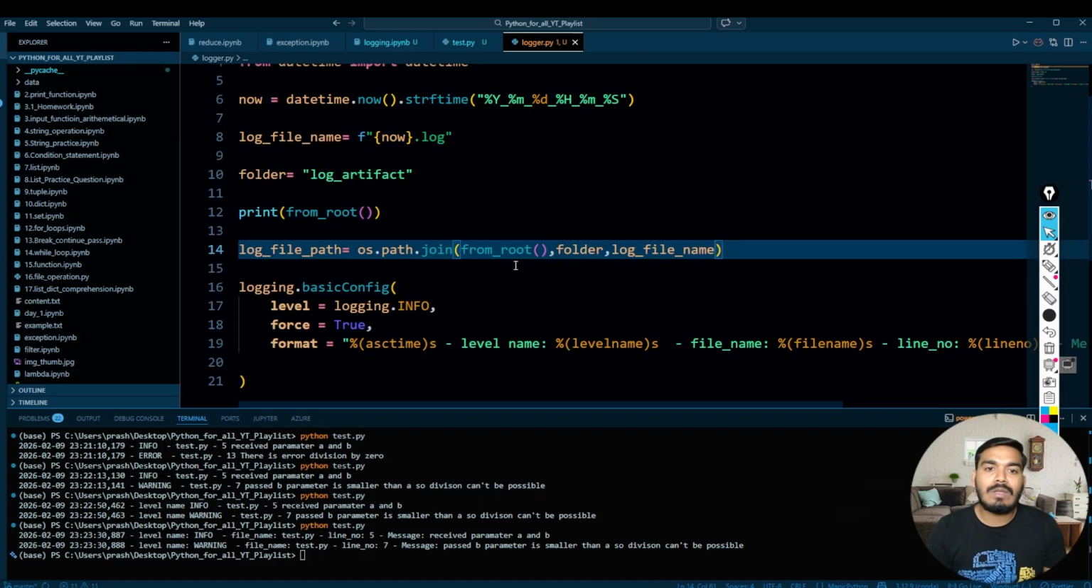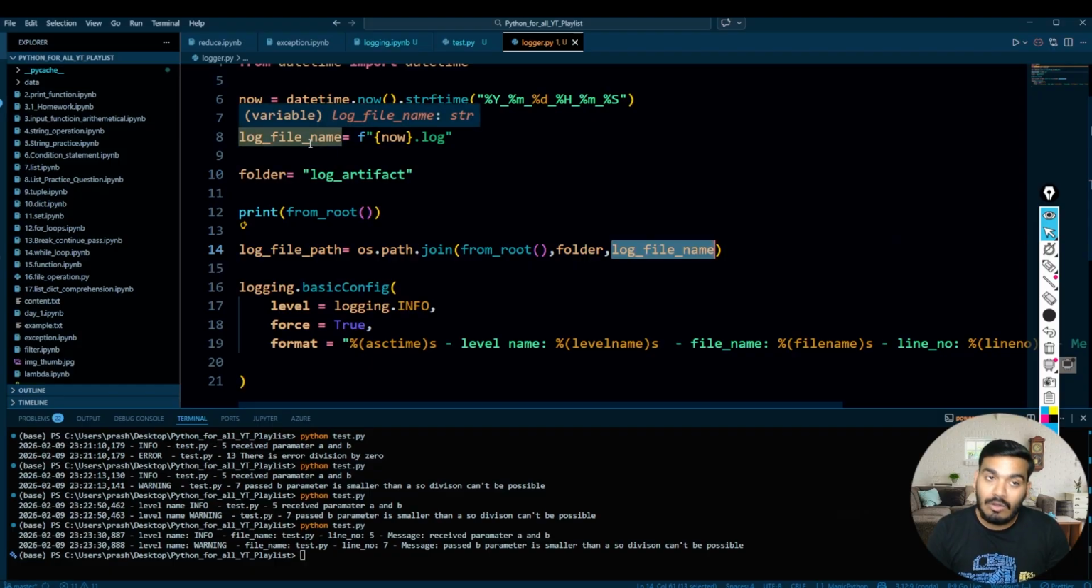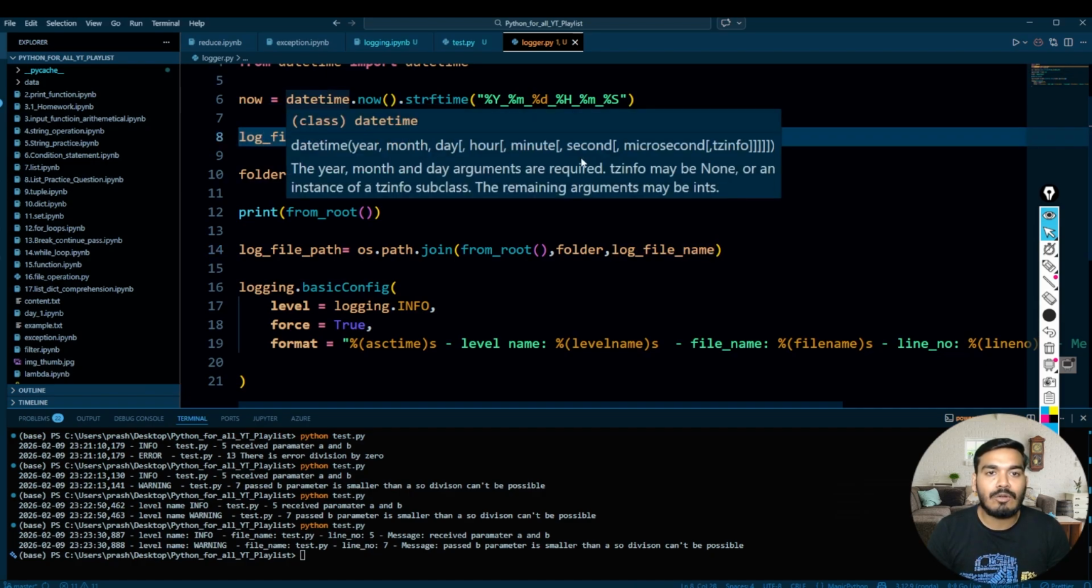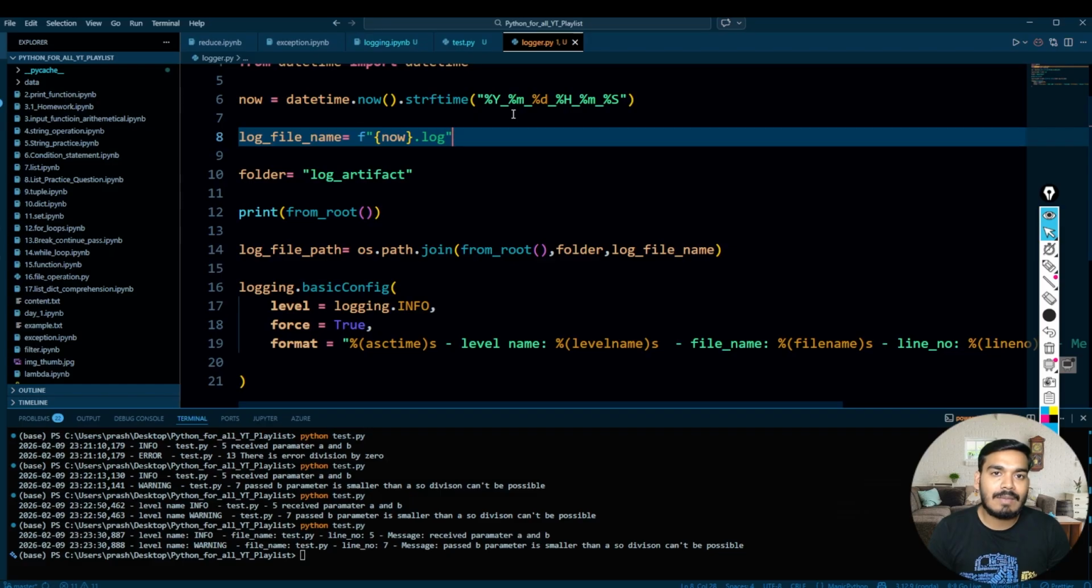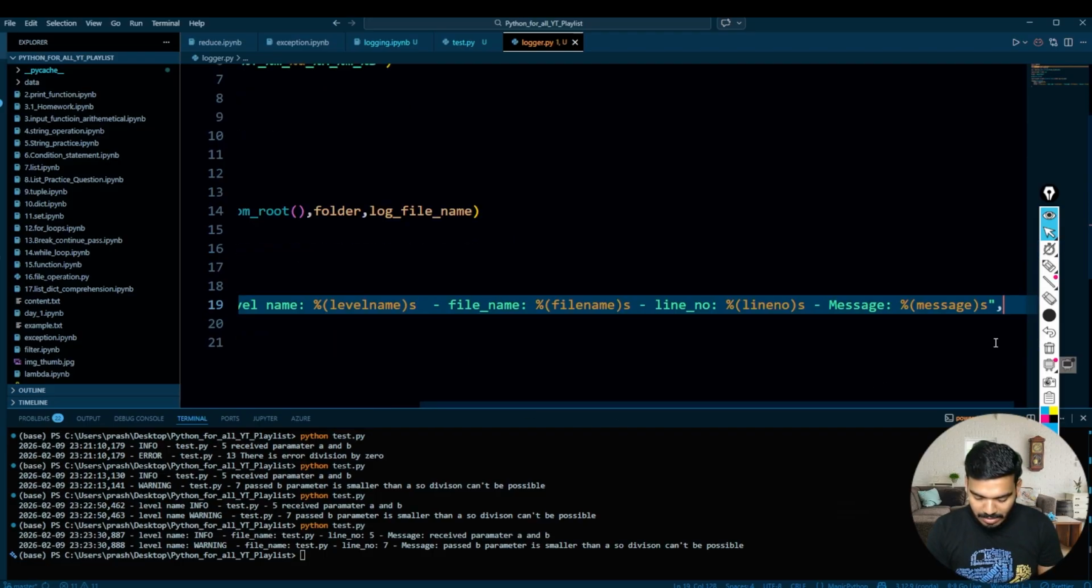So what I'm doing, from root will try to land us under this Python from all YT playlists. It will bring us till here. After that, I'm creating one folder that is log artifact. And inside this log artifact, I'm going to create this log file. The name of this log file will be this timestamp.log. Perfect. This timestamp.log. All right, then what I want is to give a comma, and then